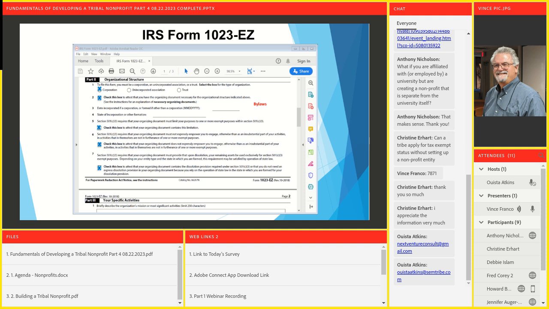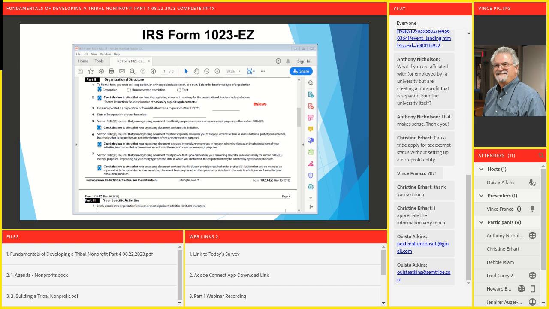You can either get it from me, you can send me an email, or you can go to irs.gov and type in dissolution verbiage. Dissolution, D-I-S-S-O-L-U-T-I-O-N, which means what are you going to do with the assets upon, hopefully you don't have to do this ever in your lifetime or in the entity's lifetime, but you've got to have the verbiage there.